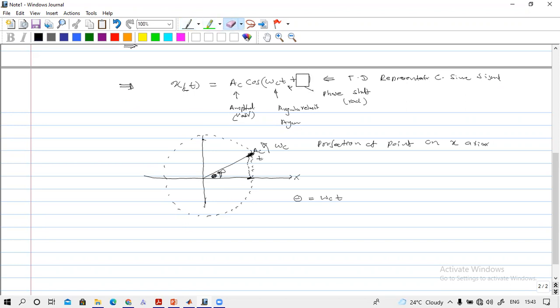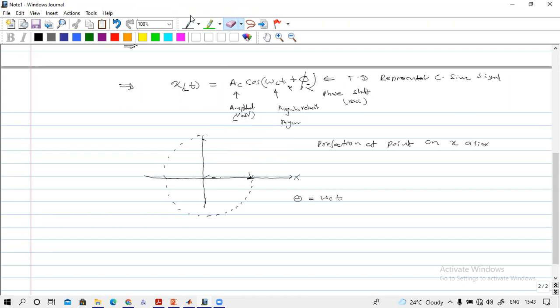So let's put the phase shift here as φ. But you see that at the initial state there is a φ phase shift. So we have to include that phase shift also here, no? So if we write